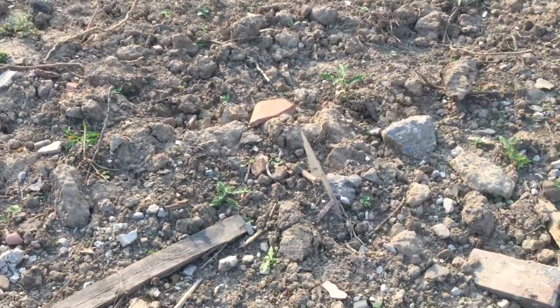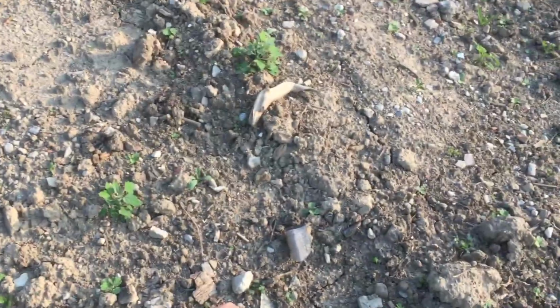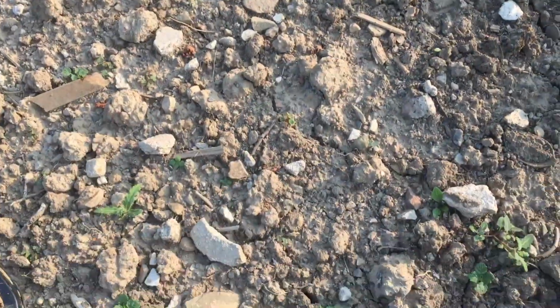So right now I'm standing on where the actual house stood. I guess they filled it in with a lot of the dirt they may have scraped off there and stuff. But there was a bottle that I saw, so I picked it up first and I chucked it over there. Looks like an old medicine bottle. But anyways,